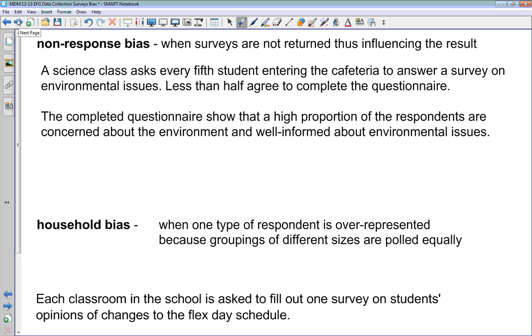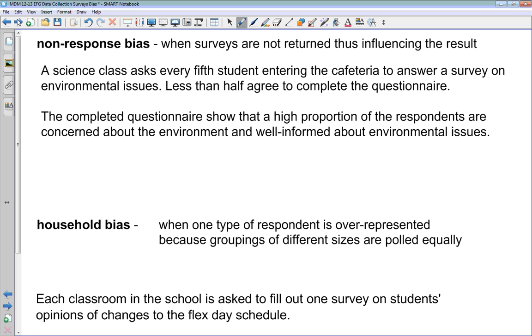Next type of bias here, non-response bias, when surveys are not returned, thus influencing the results. So let's take a look at an example here. A science class asks every fifth student entering the cafeteria to answer a survey on environmental issues. Less than half agree to complete the questionnaire. When they look at the results, the completed questionnaires show that a high proportion of the respondents are concerned about the environment and well informed about environmental issues. What do you think here? How is this an example of